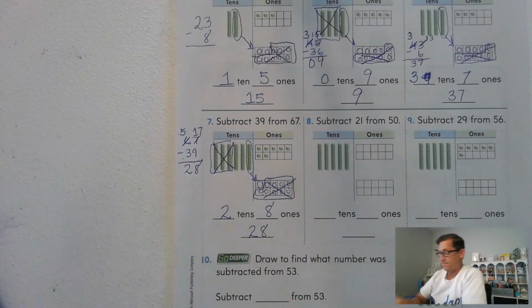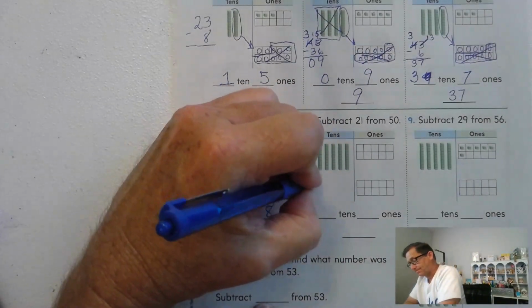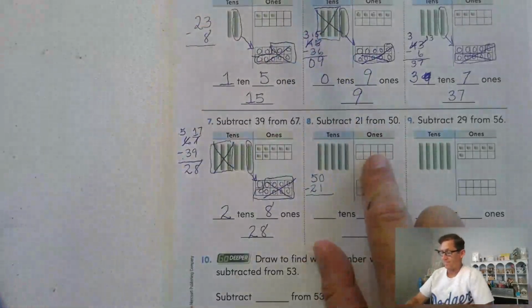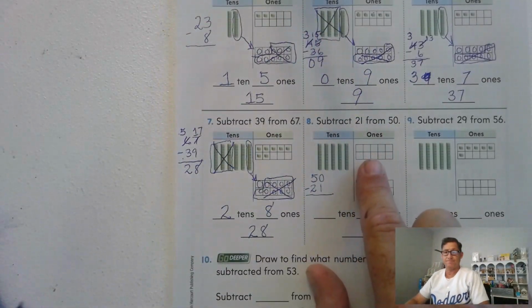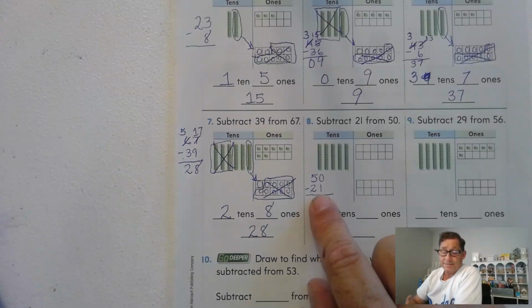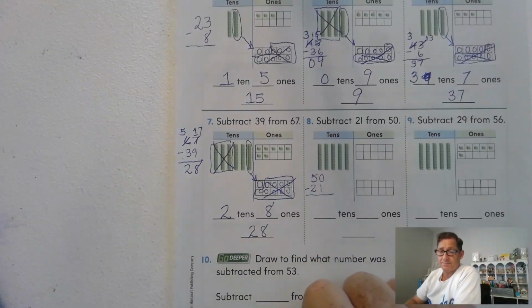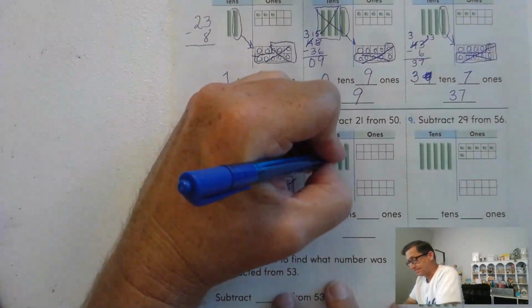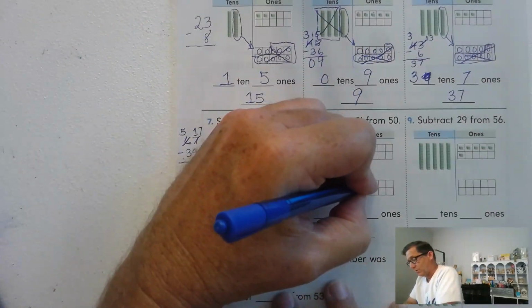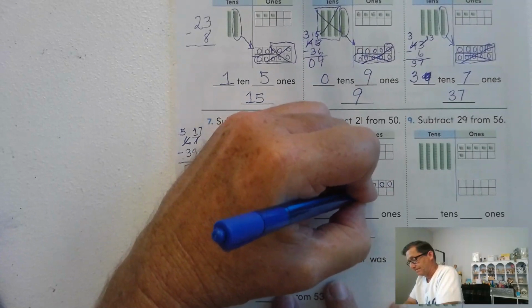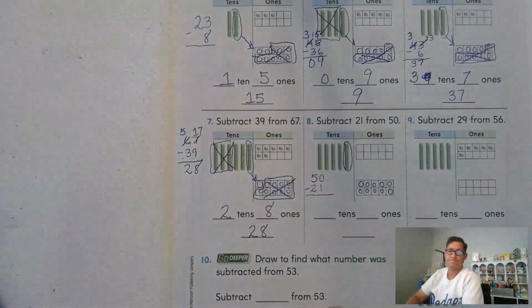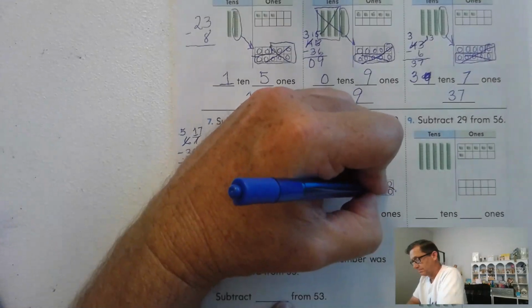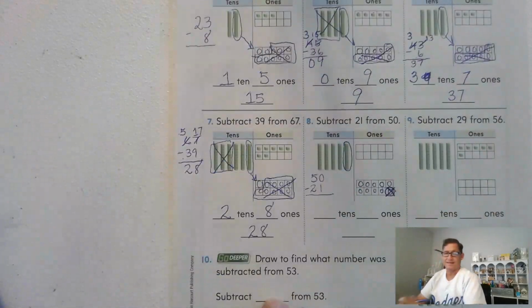All right, 21 from 50. All right, well, in 50, that means there's no ones, right? Can you take 1 from nothing? No. So we're going to trade one of the 10s for 10 ones. Okay. Now can I take away 1? Yeah. That leaves me 9